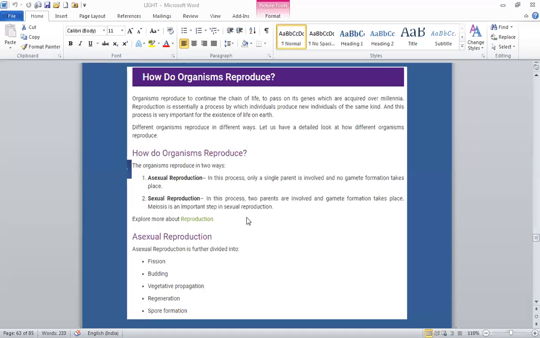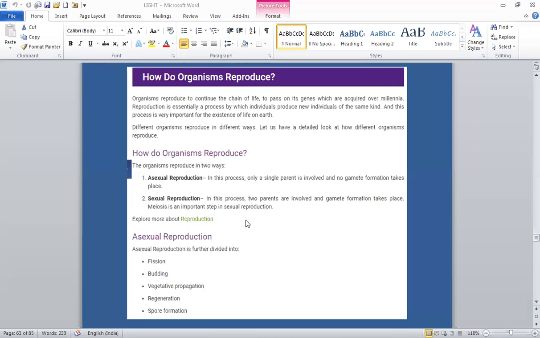We can say sexual reproduction is a mode of multiplication or formation of young ones through the process of formation and fusion of gametes. The fusing gametes generally come from different parents, so in sexual reproduction most animals are biparental. We can say sexual reproduction is biparental, means two parents are required.